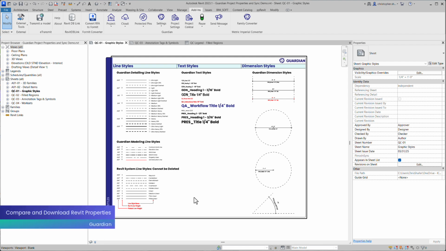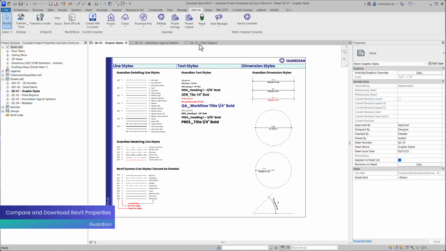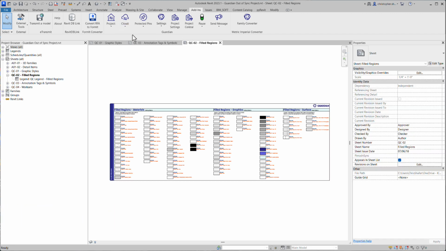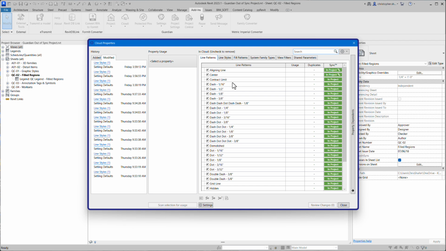Switching over to an active project that is out of sync with the Guardian Cloud Properties. By selecting All Cloud Properties, this dialog is meant for a high-level overview to compare the Revit properties in the cloud with respect to the active Revit project. The All Cloud Properties dialog will identify which Revit property is out of sync, not synced, or not included in